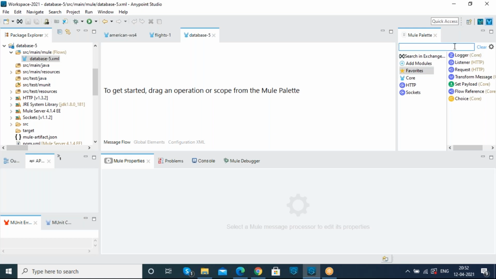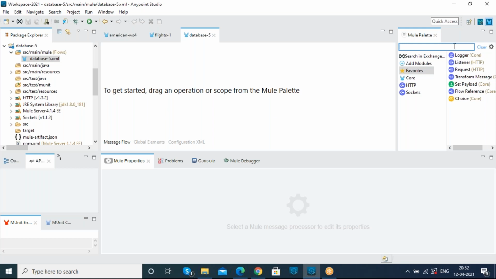So here, today what we are going to do is fetch the data from the database and see how Maven works. Okay, what is a Maven dependency, how to add a jar file, and how to transform the fields as well. These are the things we are going to see in today's session.